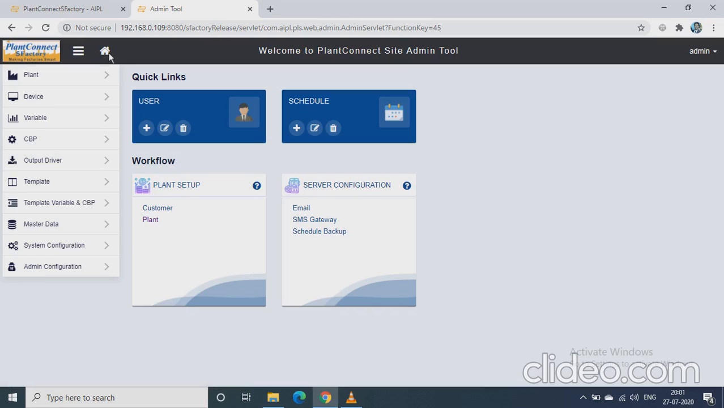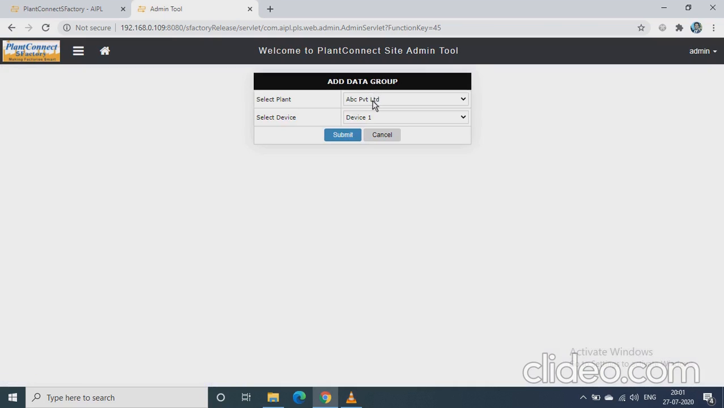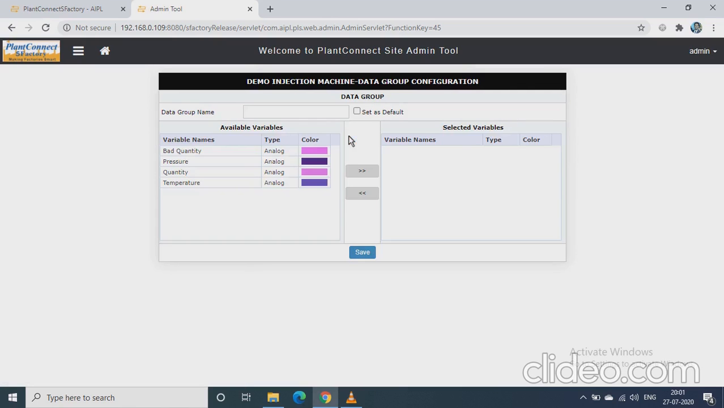So click on the home button and you will have this PlantConnect site admin tool. So select variable and then select data group. Under data group you have to click on add, then select the plant and device as we have configured. Okay, so we'll first of all configure the sensor data group,